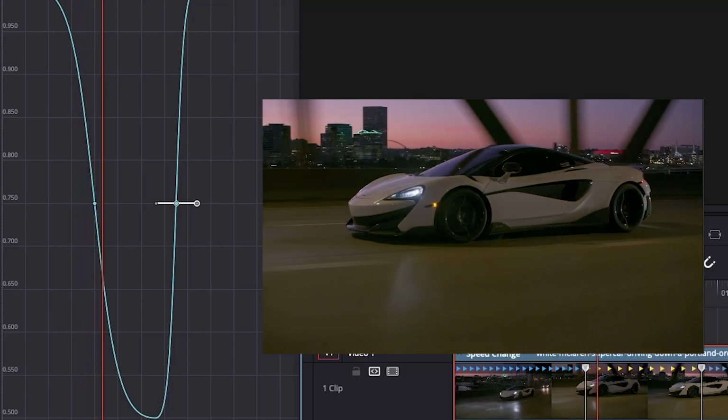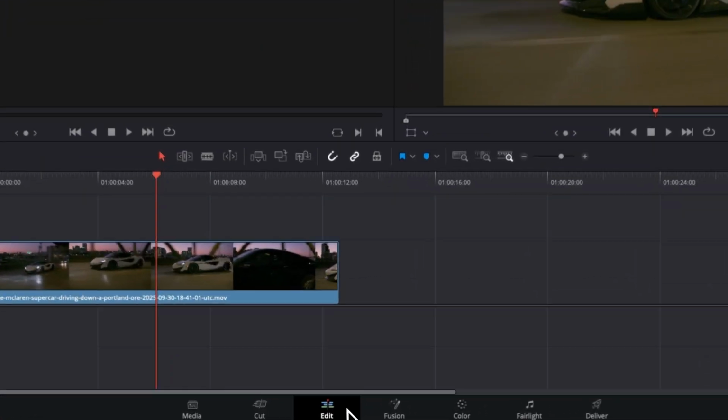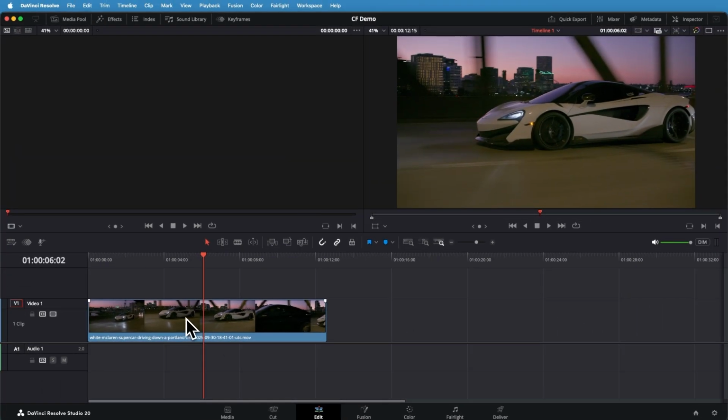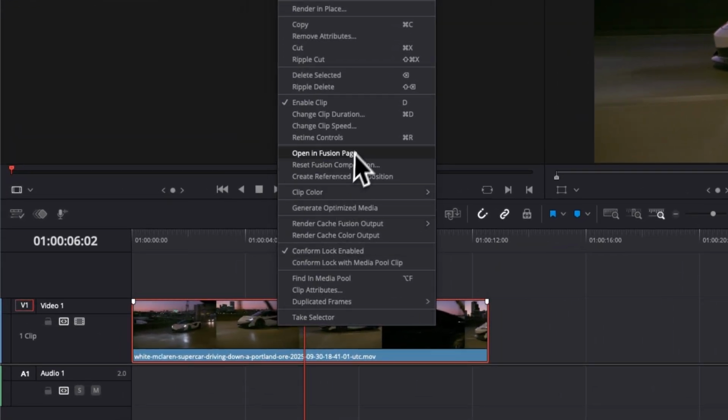How to speed ramp in DaVinci Resolve. Let's get into it. To begin with, switch to the Edit panel and then right-click your clip and select Retime